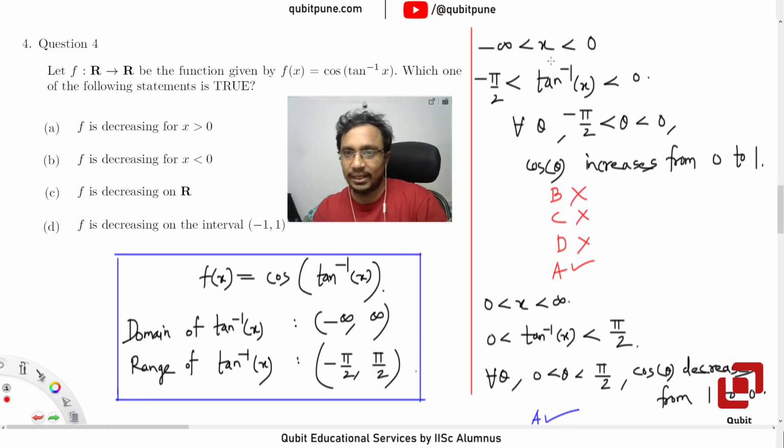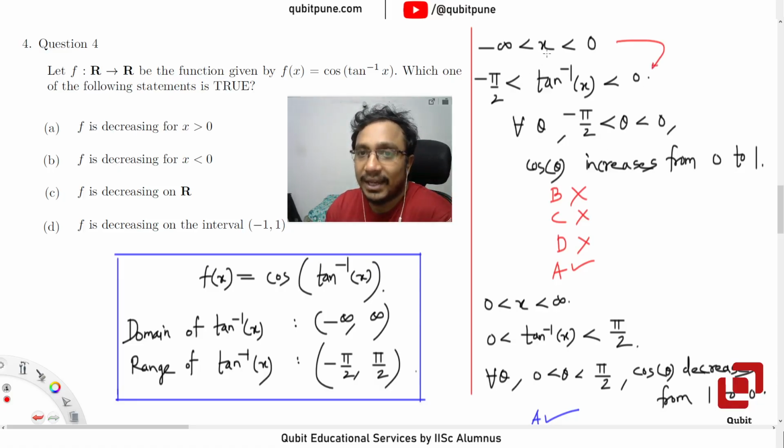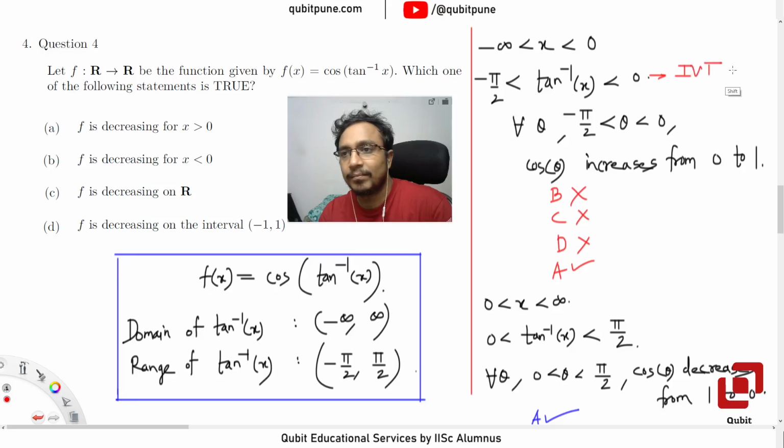सो आई डिड दैट and then I just converted that inequality to tan inverse of x. तो अगर आपका x माइनस इन्फिनिटी और 0 के बीच में है, तो आपका tan इनवर्स ऑफ x जो है वो माइनस pi by 2 to 0 के बीच में रहेगा. अभी यहाँ पे और एक बात है, this is where we use Intermediate Value Theorem, राइट, because tan inverse of x is continuous, करेक्ट, एंड tan x